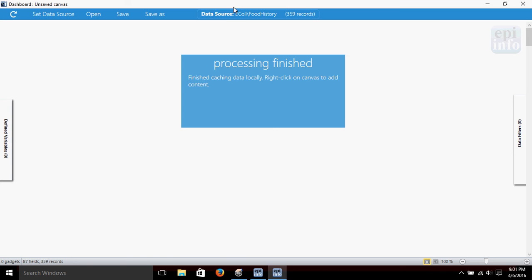So up at the top, we can see that the data source is loaded. It shows what your data source is. That's the food history form, and that there are 359 records in this data source. All right, so this data source contains information about various symptoms people exhibited, whether or not they became sick after eating specific foods, and so it asks some food history questions. We're going to create a 2x2 table to look at those relationships between the food history and whether or not somebody became ill. So we can do that by right-clicking on the canvas,